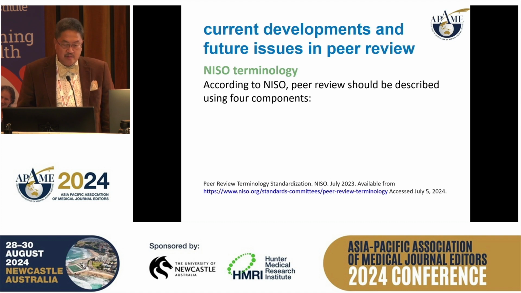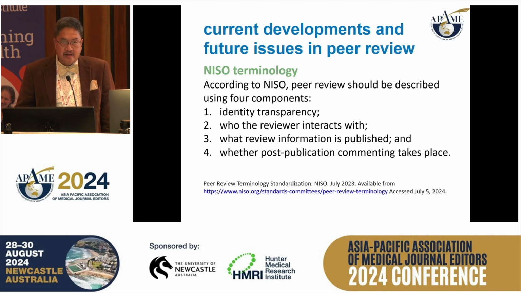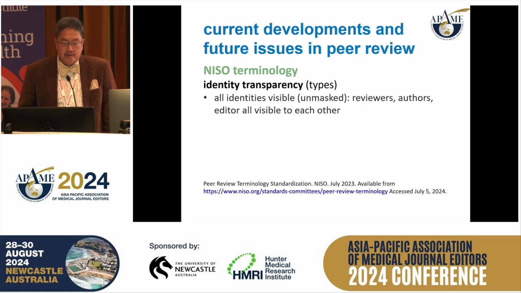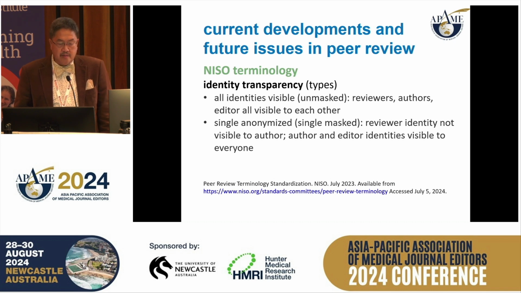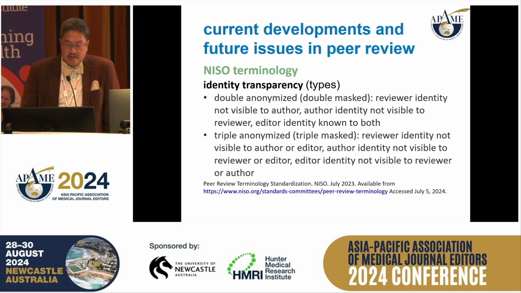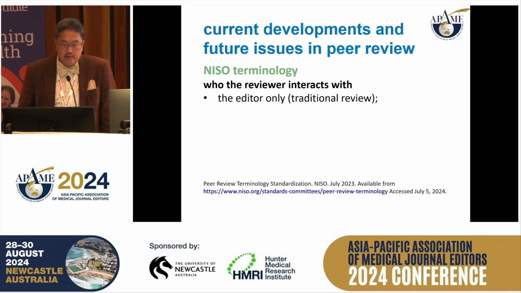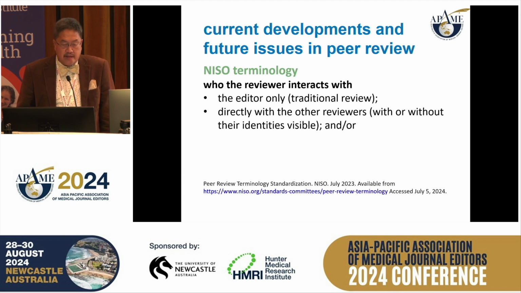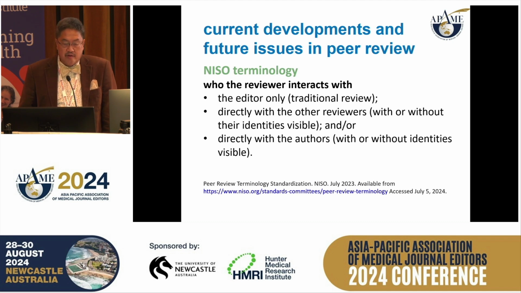They actually state that peer review should be described using 4 components: identity transparency, who the reviewer interacts with, what review information is published, and whether post-publication commenting takes place. So identity transparency, as Wilfred said earlier, ranges from having all identities visible, these are unmasked reviews, to single anonymized or single masked reviews, to double anonymized or double masked reviews, and triple anonymized or triple masked reviews. When we talk about who the reviewer interacts with, that could be the editor only, which is a model in many traditional reviews,